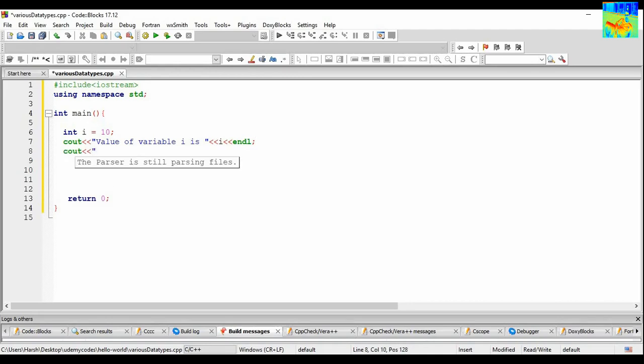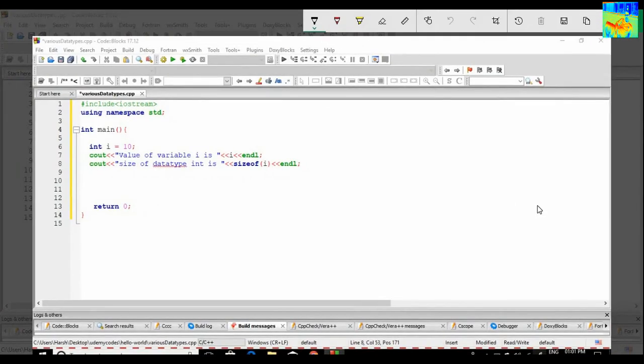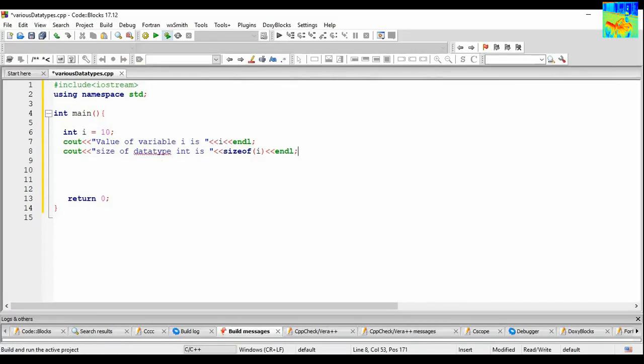Cout size of data type int is sizeof(i), endl. Okay, so what should be my output? Here the value of i is 10 and here my output should be 4. Okay, so build and run.